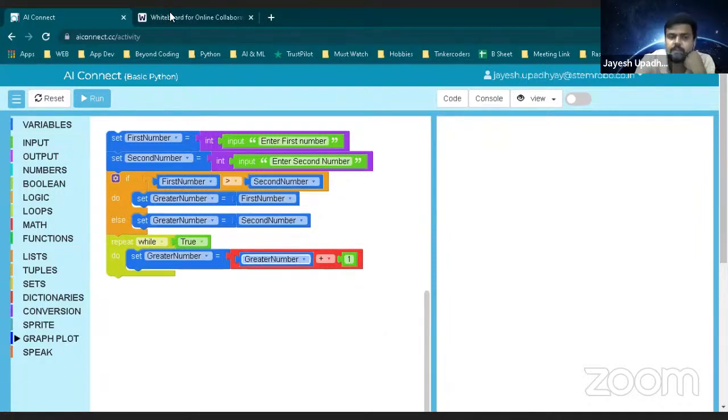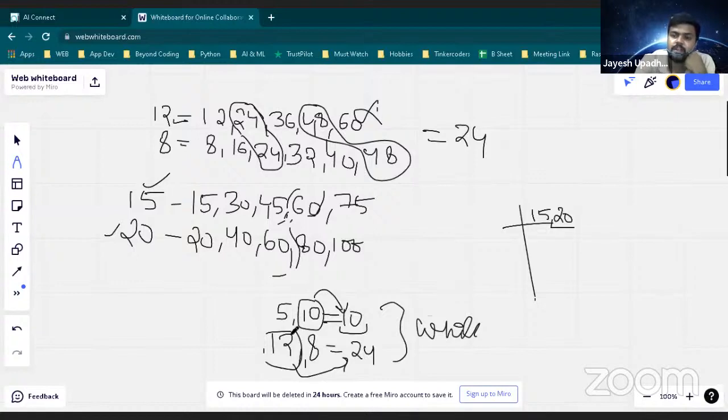We just discussed this thing that I will start with the second number and increase the second number ahead. I just call the second number the greater number. Now I will add 1 to it every time. So just think like this: after 12 comes 13. We have to check whether 13 is divisible by both or not. This is the main thing.